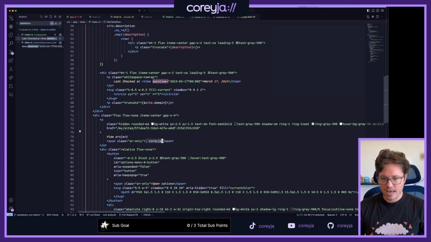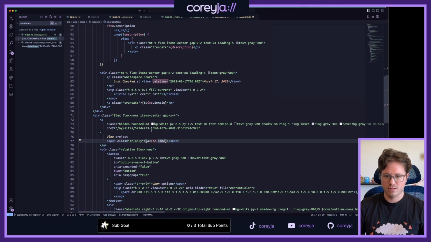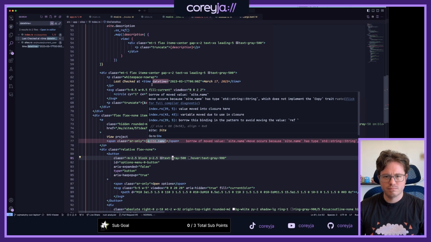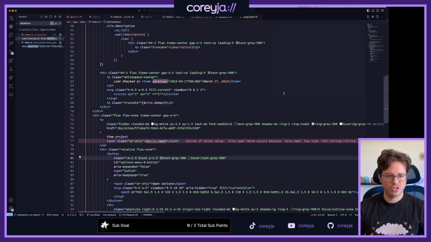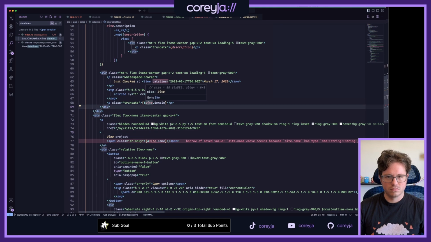So this is the name of the project. So this is site.name. What? Move occurs because site name has type String, which does not implement Copy. But doesn't this... Why did it... That's interesting, though.